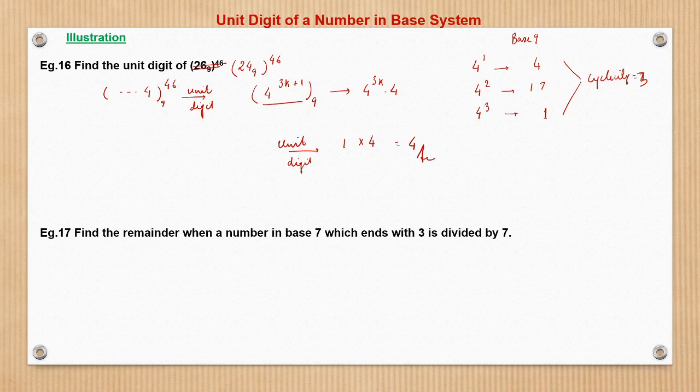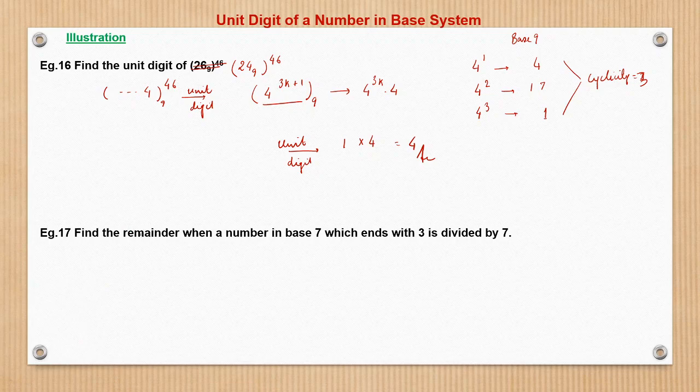Or the other way would have been to find the remainder when this number is divided by base 9. Since the base is 9 here, if the number is divided by 9, we could have checked what the remainder is, right? So this is the very simple process. Very advanced concepts and illustrations we have seen in the chapters on remainders. Just the concept of the base system has been slightly introduced here so that the understanding becomes holistic. Now we'll move to the next illustration.